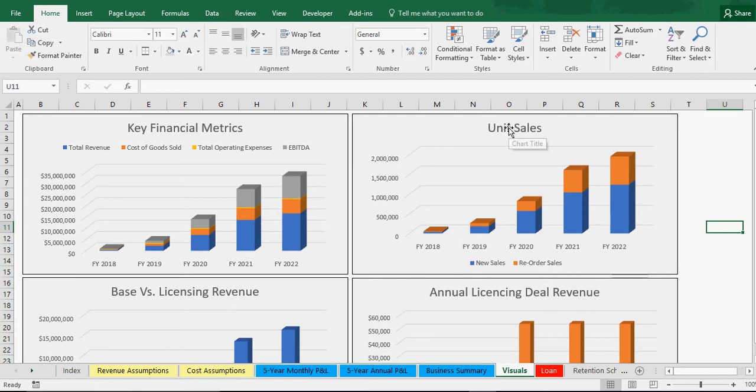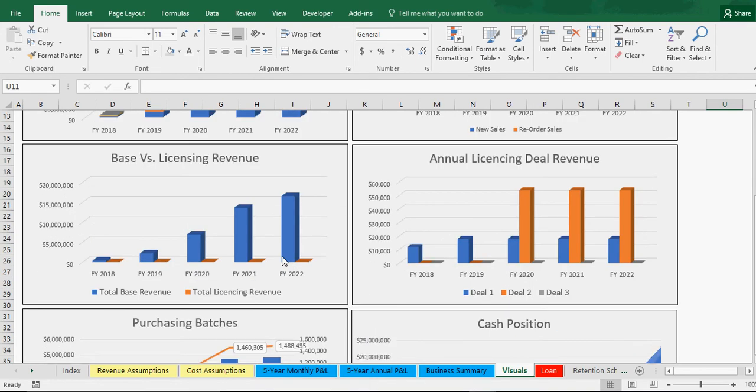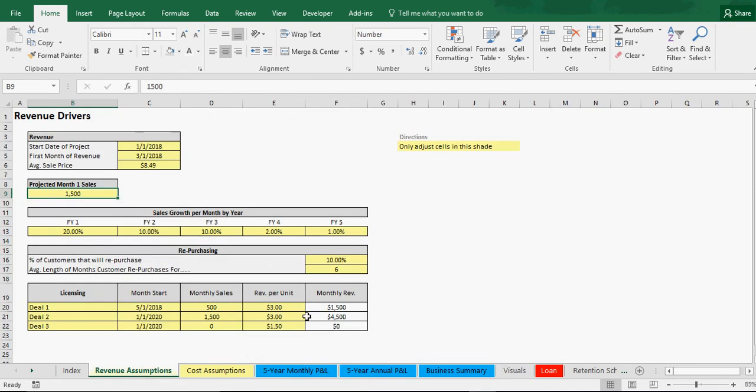Then we've got unit sales, really straightforward again. You've got your reorders and your new sales. It shows you, each year, where you're at. Then we've got base versus licensing fees. Obviously licensing fees are not much right now. If we put this up to, say, 500,000 units a month, 1.5 million,